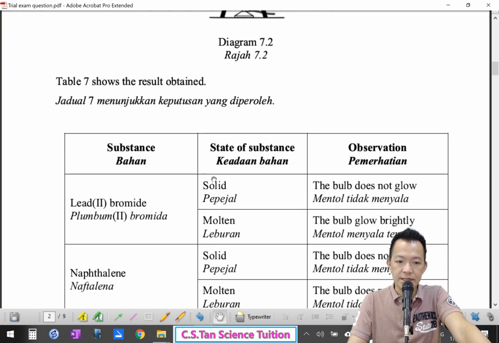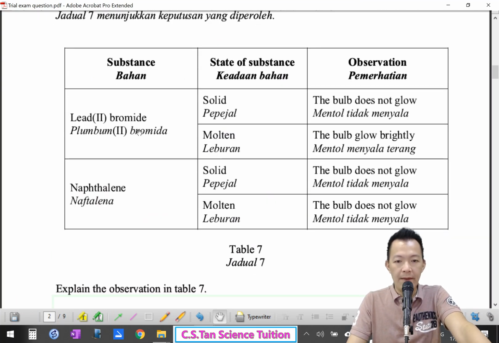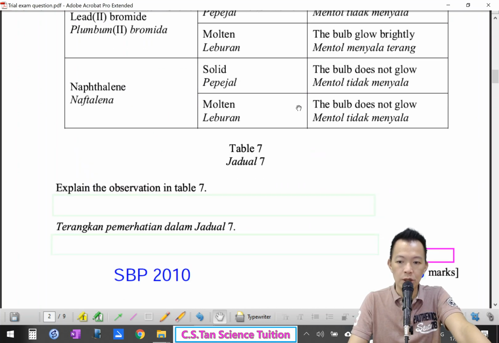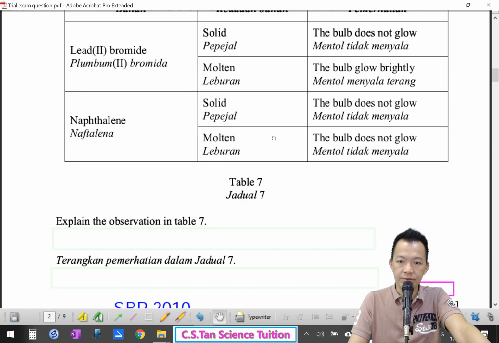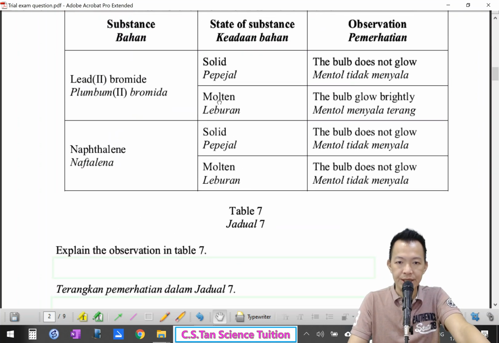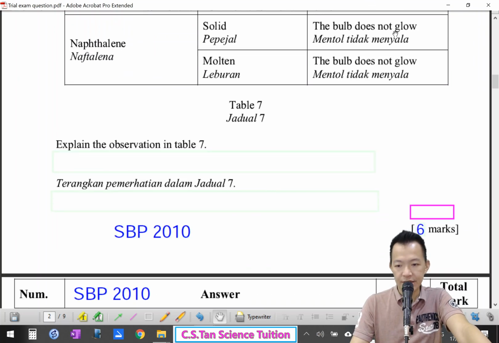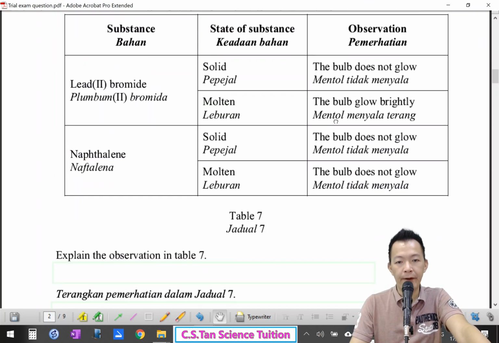Table 7 show the result 成绩出来了。Lead bromide in solid, the bulb does not glow, 没有光。Molten, the bulb glow brightly, 发光。Naphthalene in solid does not, molten does not. Okay, so 6 mark. Explain the observation in the table number 7. Explain the observations. 解释一下你的观察。Okay? And you get your 6 mark, 拿到你的6分。So how 怎样解释呢？